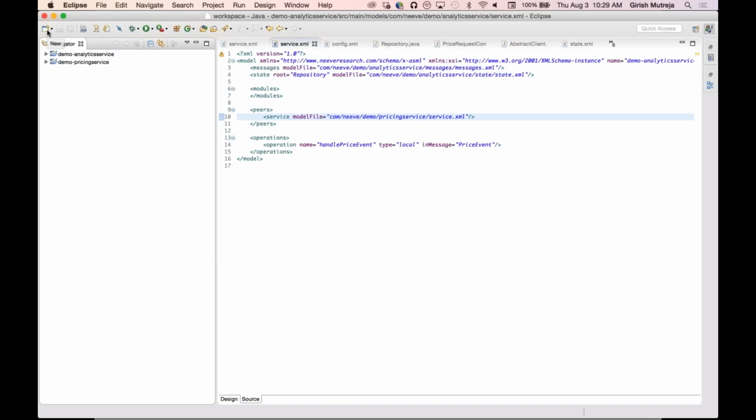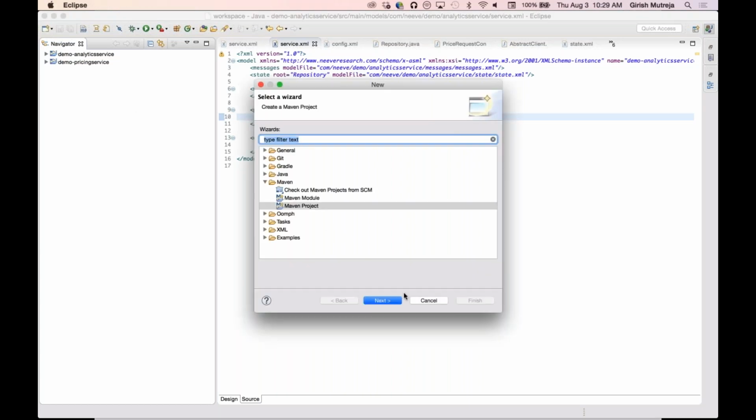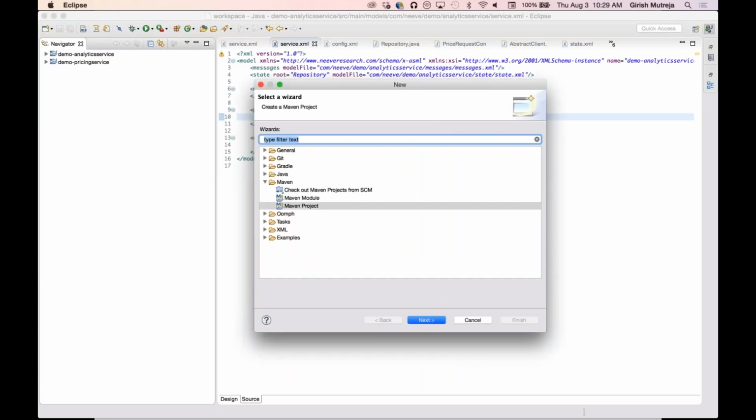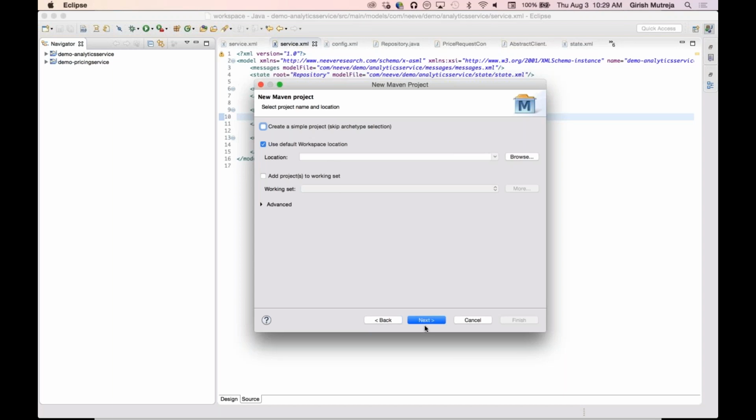In the application that I described earlier, you have a customer service, you have the pricing service, and you have the analytics service. The customer service is what we call a CRUD service. It provides for CRUD operations on a customer object. And that is a very common type of service that exists in microservices. There is a dedicated Maven archetype or a template that exists for it. So we're just going to create the customer service right now.